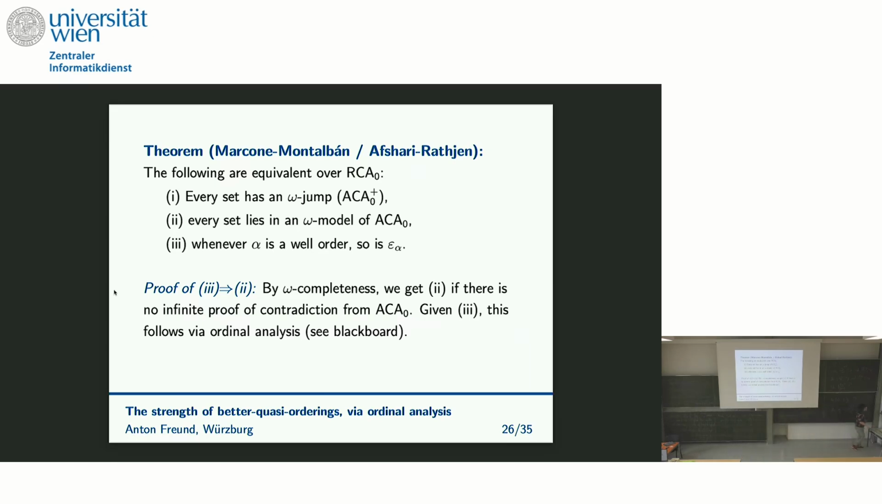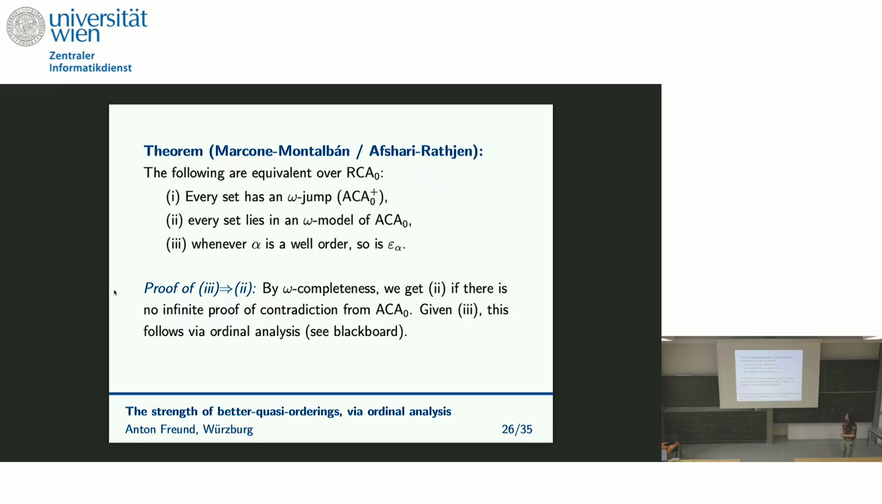And let's maybe just recall it orally. So these models of second-order arithmetic, they have a first-order part, which looks something like the natural numbers. And then they have a second-order part consisting of subsets of the natural numbers. And the first-order part could, in general, be a non-standard model of the natural numbers. And omega model means that the first-order part is exactly the standard natural numbers. And then the crucial third statement is: whenever alpha is well-ordered, then so is this term notation system epsilon alpha that describes the alpha-th fixed point of